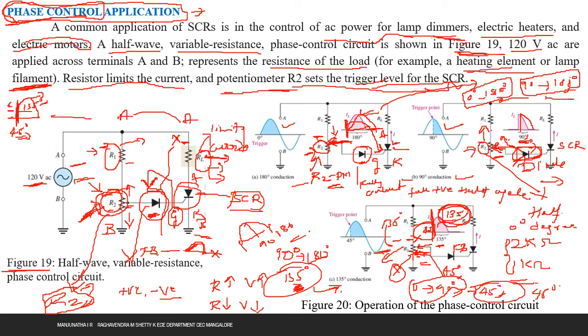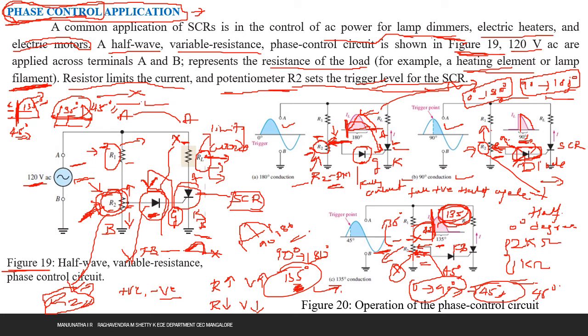In another way, in the other middle position of the resistance R2, this is 0, this is 90 degree, and this is 180 degree. Suppose I write here like this: 0 to 90, 90 plus 45 is 135. In this condition, for the initial 135 degree there is no voltage and no conduction, and for the remaining 45 degree there is a voltage and conduction.